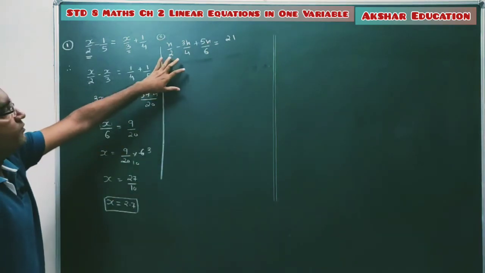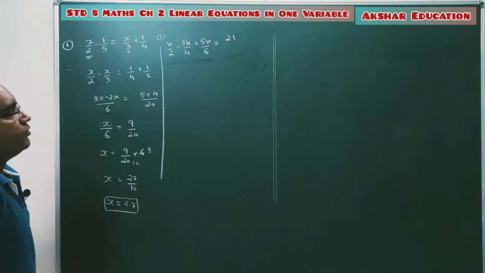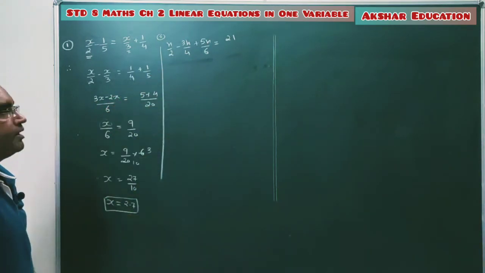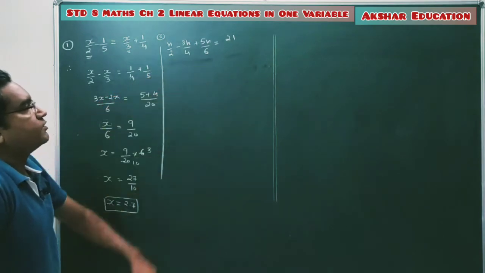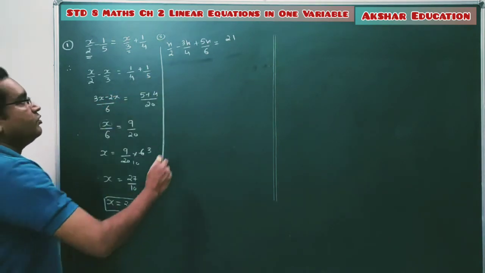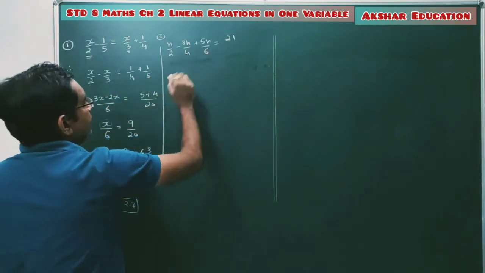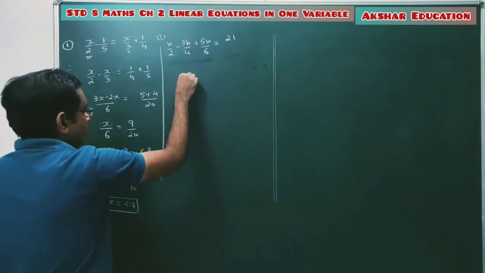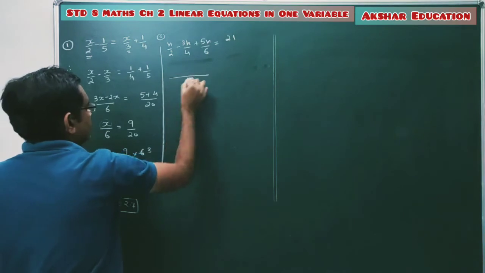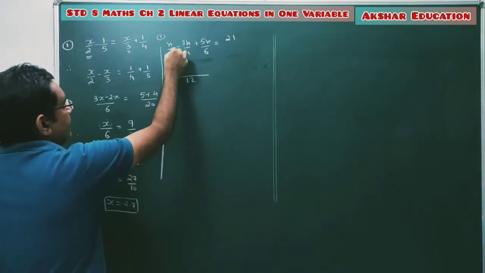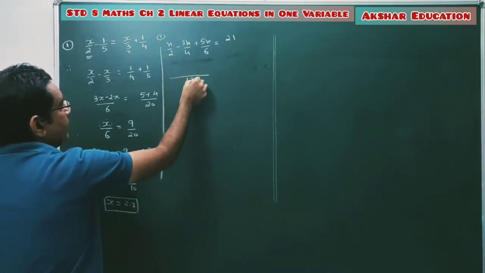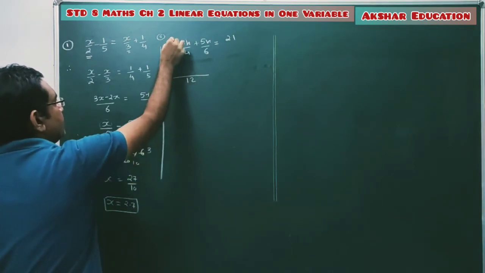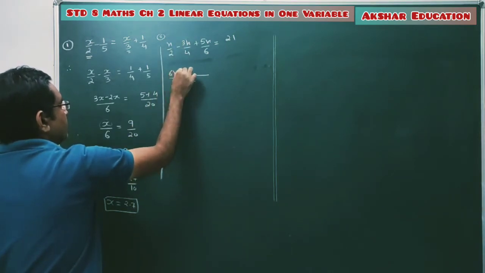So for the simplification of these three terms, we have to take the LCM of these 2, 4 and 6. Taking the LCM of 2, 4 and 6, the LCM is 12. So you have to multiply all these terms with 12. If you don't understand this, then write LCM 12. Then multiply these 2 with any number to get 12. So 2 6s are 12. So you have to multiply that 6 in the numerator. So it's 6 into n.